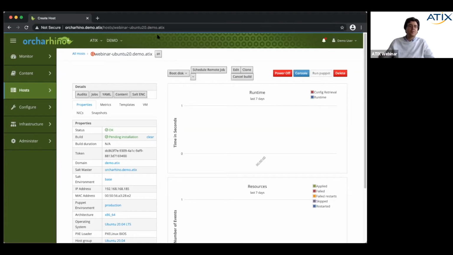The same thing is with location, for example. If you have different data centers and you would like to cluster them in a way, you can just assign every server in one data center, one location, and then to the other one. And if you want to see the ones, you can just click here and change the ones you want to have a look at. If we click here at Orcharhino, we end up with a